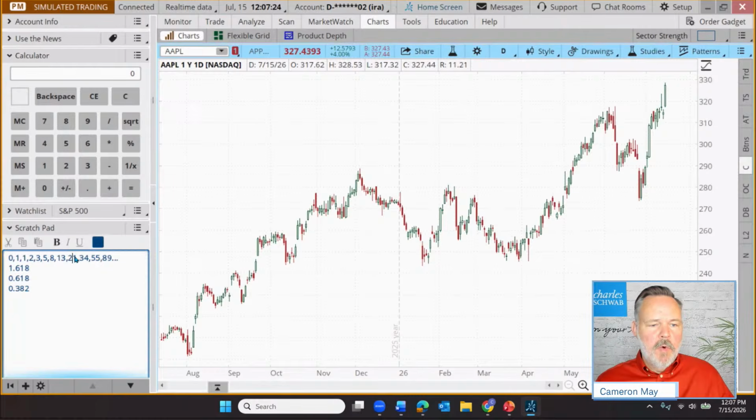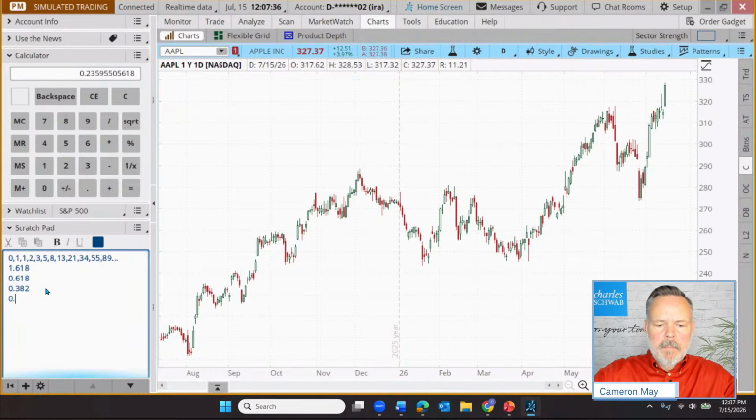And if we move one number further to the left, 21 divided by 89 gives us 0.236. So these are known as the Fibonacci sequence numbers, or Fibonacci sequence ratios.